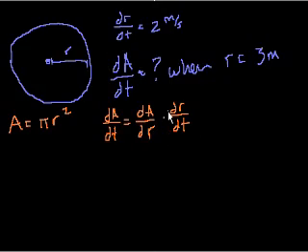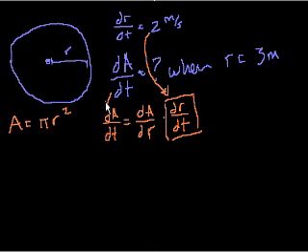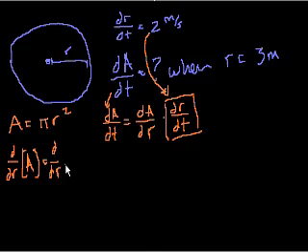Well, we already know this piece, the rate at which r is changing with respect to time. That's right here. So all we have to do to figure out the rate at which A is changing with respect to time is figure out the rate at which A changes with respect to r. Well, that's just the derivative with respect to r. So we take the derivative with respect to r of both sides, of A equals